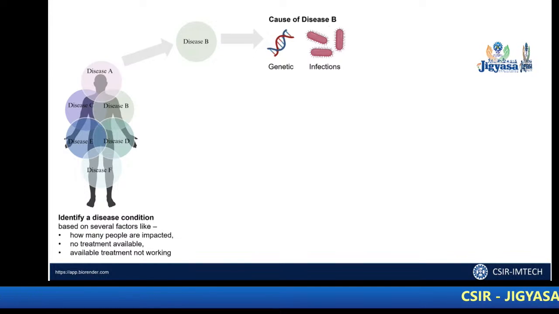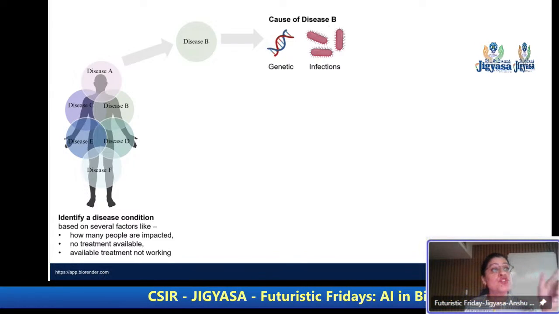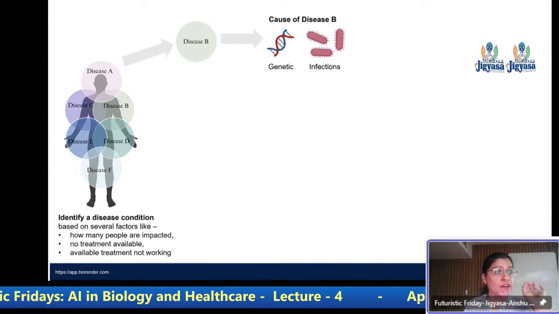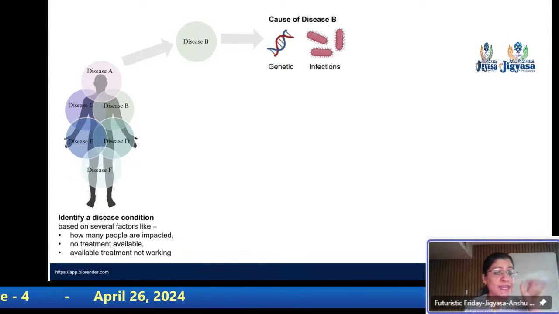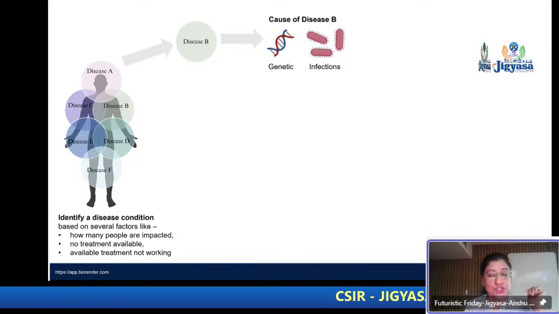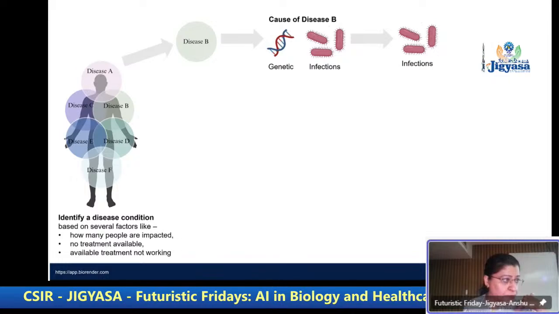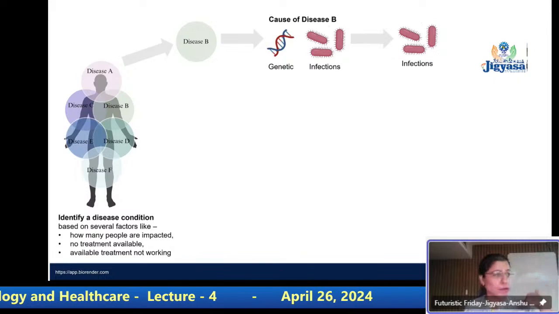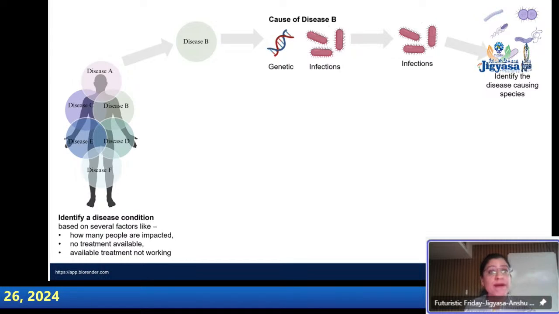Is that disease happening because of changes in our DNA, which is genetic in nature? Or is that disease happening because we are exposed to infections? Because for both the conditions, the approach for drug discovery will be different. Now assume that the disease that we are trying to cure is an infection. Like say, for example, your COVID infection, other bacterial infections, okay? Then you have established that the disease is not happening because of you or your genetic makeup. The disease is happening because of an infectious agent attacking you from outside. Okay. And then you identify what agent is it, what type of bacteria it is.